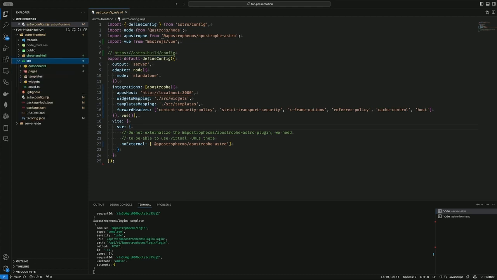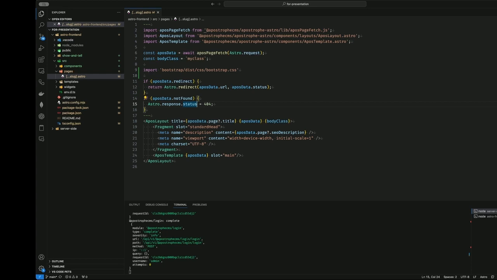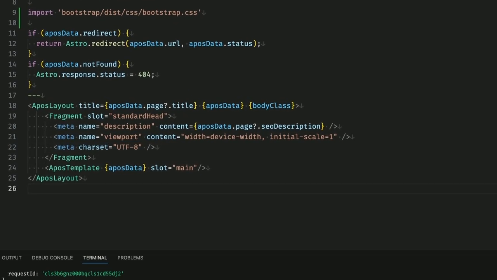We will touch on the templates and widgets folder when we make a page and a widget in our new project. Focusing on the pages folder, you will find a single [...slug].astro file. This file represents a dynamic route that allows the handling of multiple URLs with a single file. In terms of Apostrophe, it will add all the content from your pages into slots. The starter kit populates two of these slots, the standard head and main slots. These should sound very familiar as they're the same names as blocks found in an Apostrophe